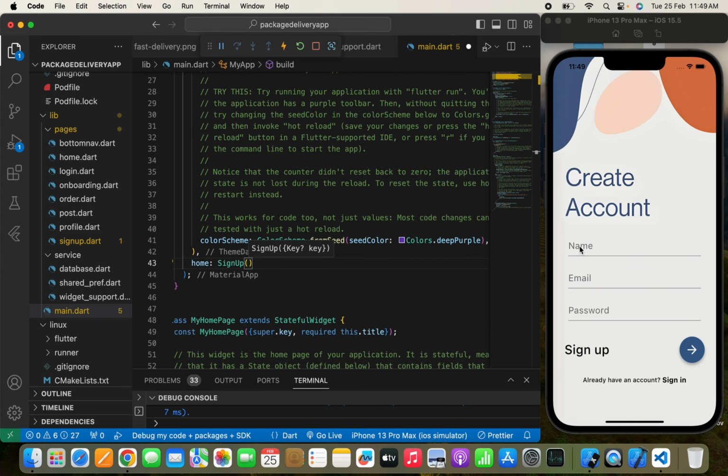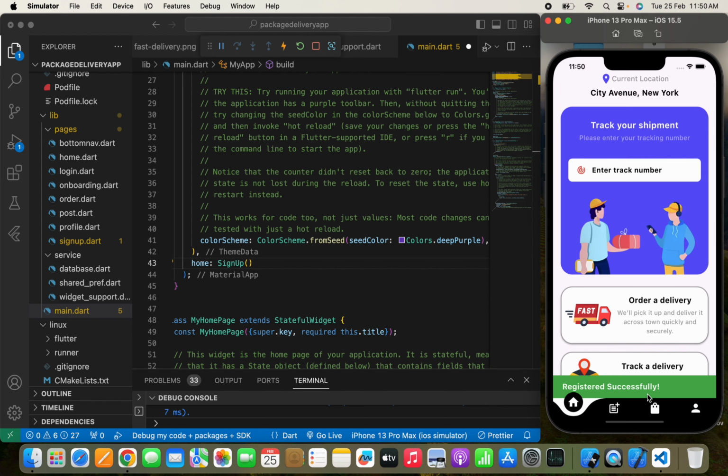So in the create account page, first I'm going to create the account, then I will use that same account to log in to the app. First I'm going to write a name. I'll write the name Shivam, and here I'll write Gupta, and here I'll use our email ID, and I'll use the same email ID to log in to the app. First I'm going to sign up, something like this. We'll click this,